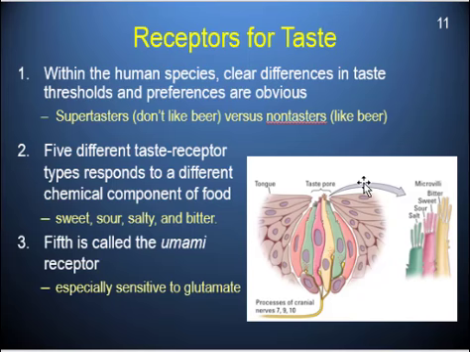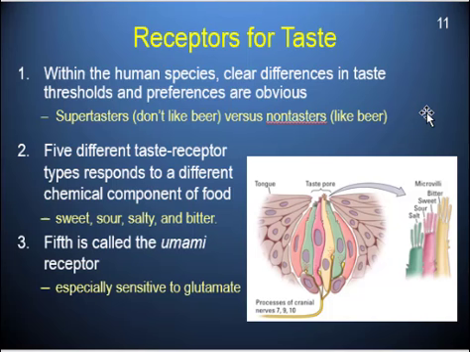There's actually a test that you can do that's a little more formal. It's something called PTC paper. It's these little strips of paper, and you put it on your tongue and you literally just lick it for a second or two, and you will know right away if you are a taster versus a super taster. Because if you're a super taster, you're going to pull it out of your mouth immediately and go blah, blah, blah, because it's going to be the most nasty, bitter, horrible thing you've ever tasted in your life. If you're a non-taster, which is what I am, you're going to go, yeah, that tasted like paper.